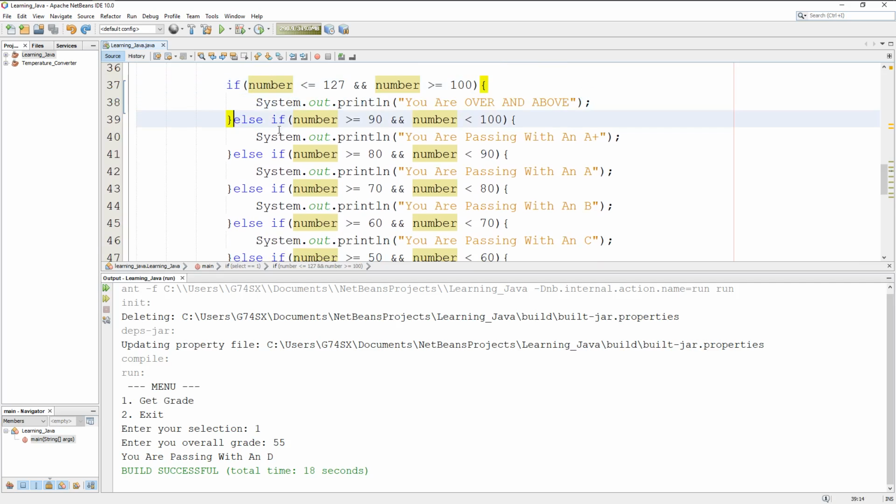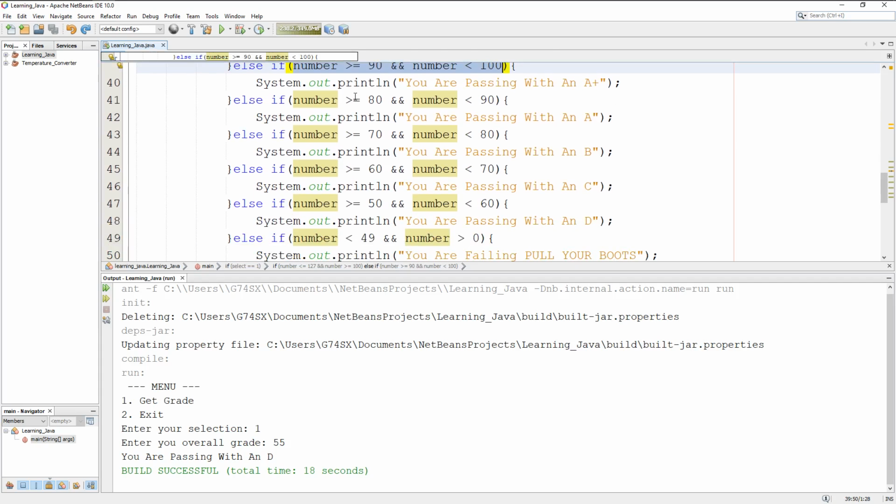We'll come down here. Is the number greater than or equal to 90 and less than 100? That's false. So we won't come down here. We keep moving down the program, same logic. Is it greater than or equal to 80 and, because it's and, also less than 90? No, and the same thing goes until we find that line that the value is,